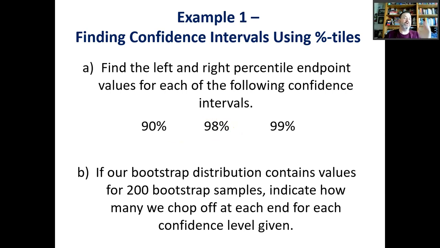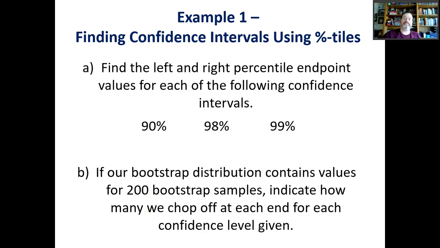It'll be the 1st percentile on the left and the 99th percentile on the right. How many dots do we chop off if there's 200? Well, 1% of 200 is 2 dots chopped off. So we chop 2 dots off each side,